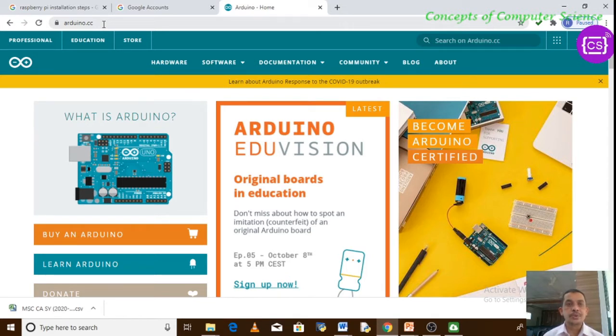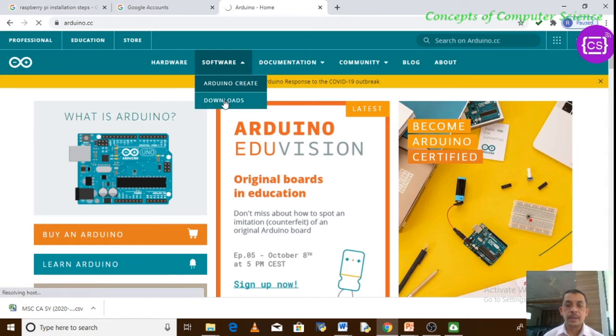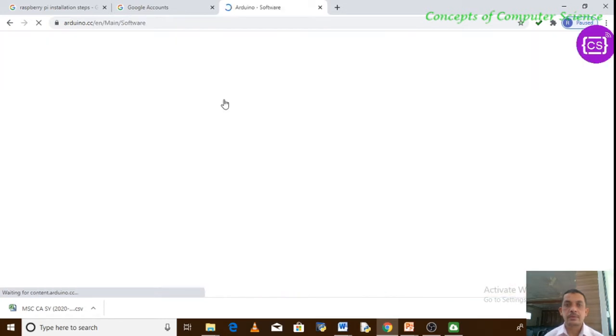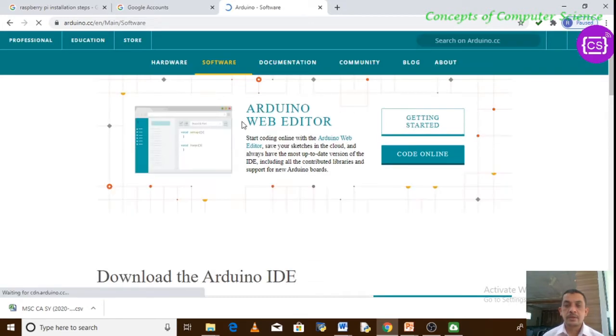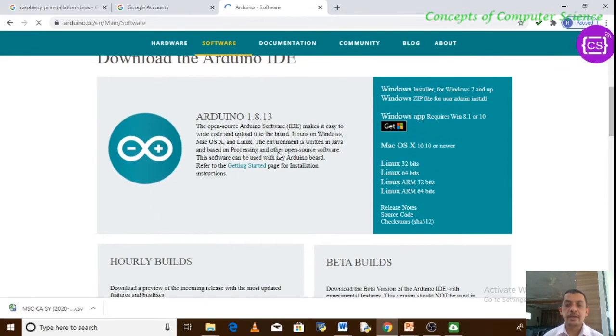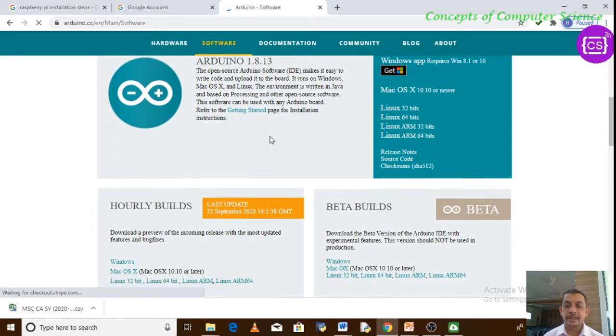Once you go through this site, you can see there is an option to download the software. Click on this download. From here you can download the Arduino IDE.